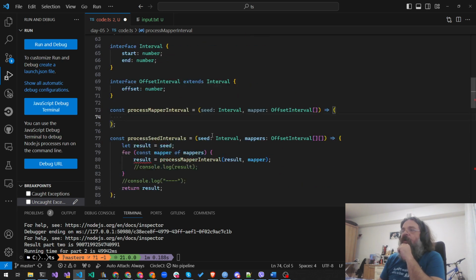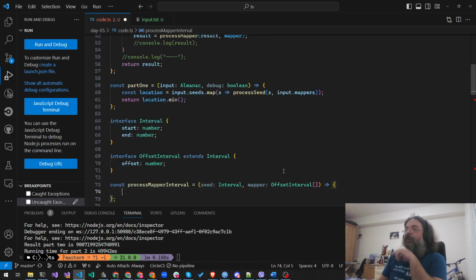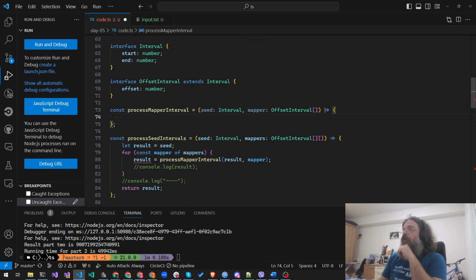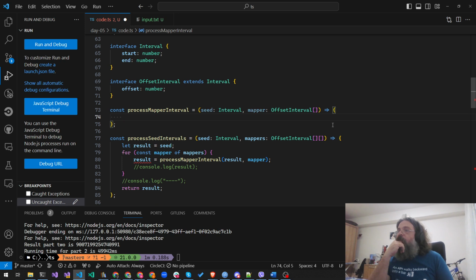And we need to find the next value. So the process mapper took the number and returned the mapping. So this will take an interval and return another interval, let's say. So only it's not gonna be an interval. It's gonna be something more, something worse, to be honest. This is not gonna work because those are not the properties, but what we can do, well, of course, we